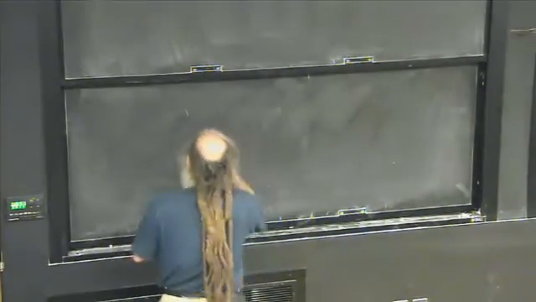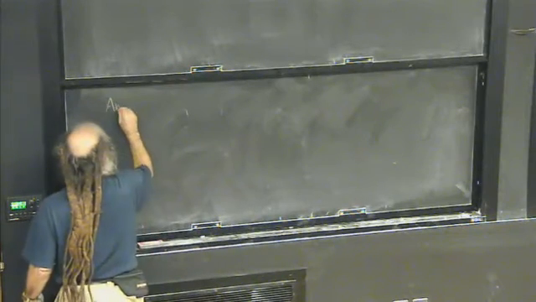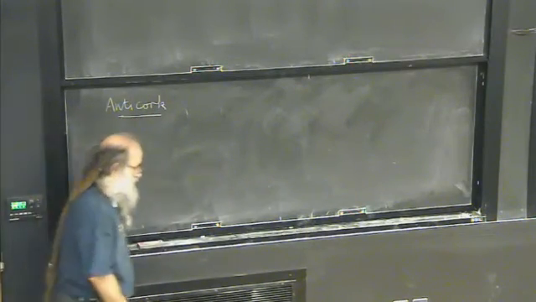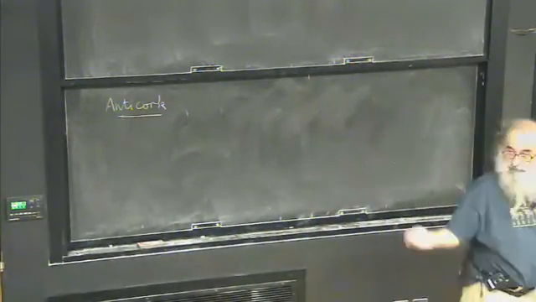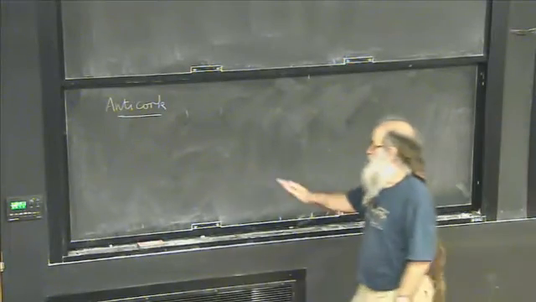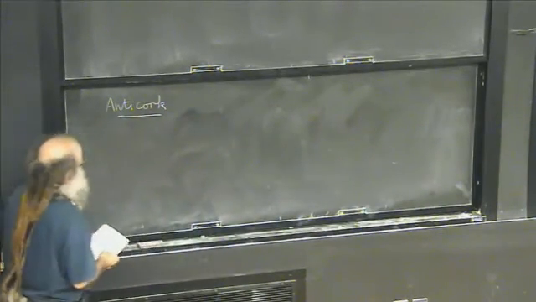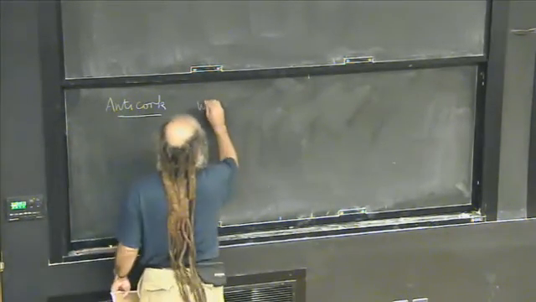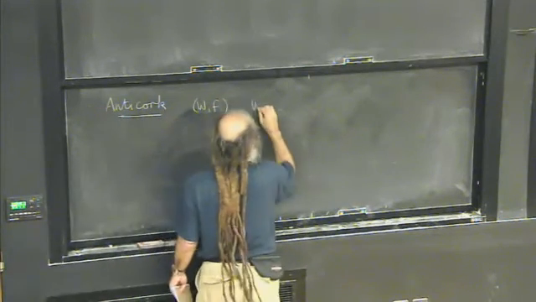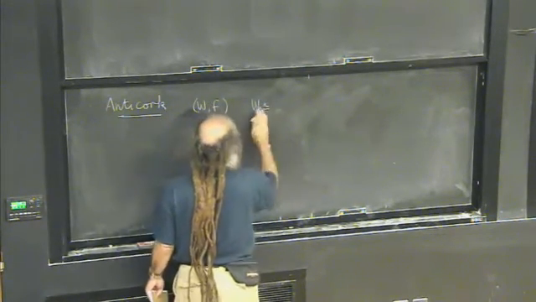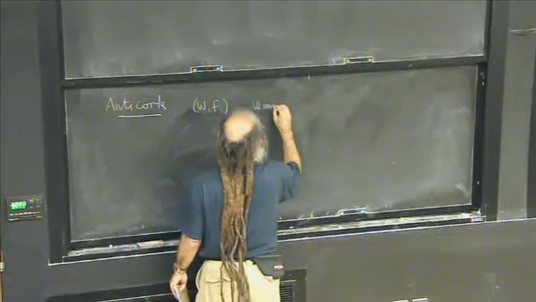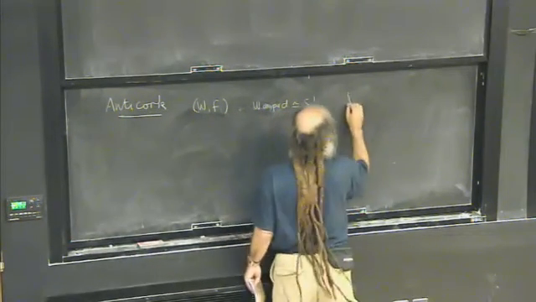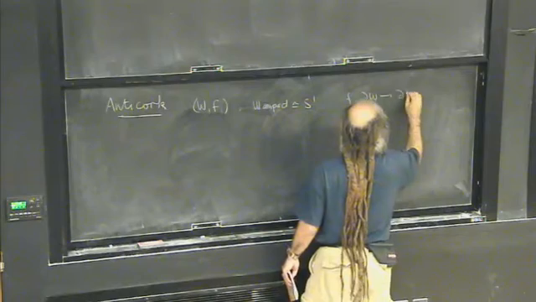Okay, so I talked about anti-corks, for lack of a better word. I'm just using this terminology; probably it's a silly terminology, but anyway, it does the job for the purposes I'm using. It's a manifold like this: M is a compact manifold, homotopy equivalent to S1, and F is a diffeomorphism